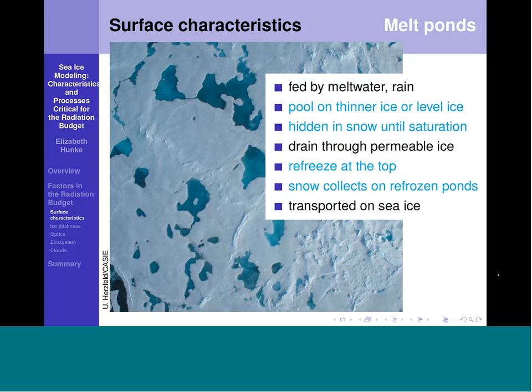So the model has represented melt ponds in some form for many years now, but in the new version of the sea ice model, we added 2 more schemes that do all of these things in great detail. The primary difference between the 2 new parameterizations is in how they determine where the ponds are located on the sea ice.